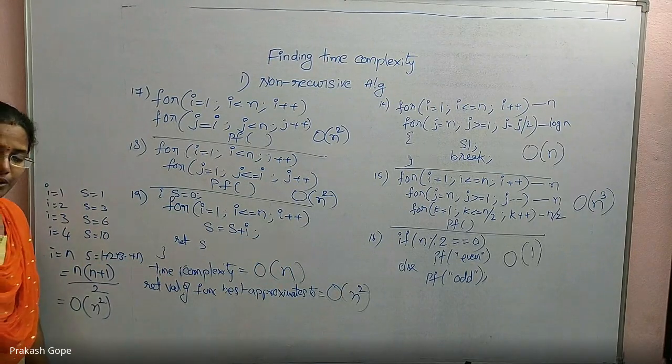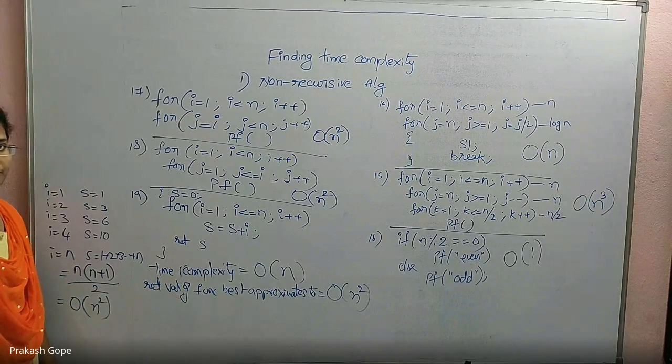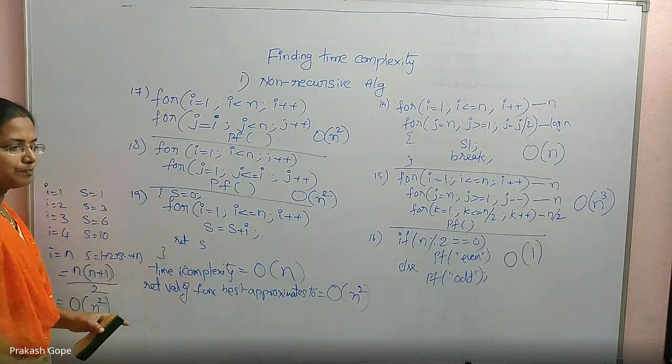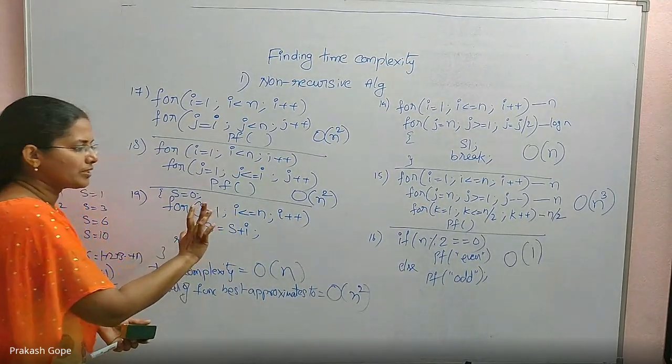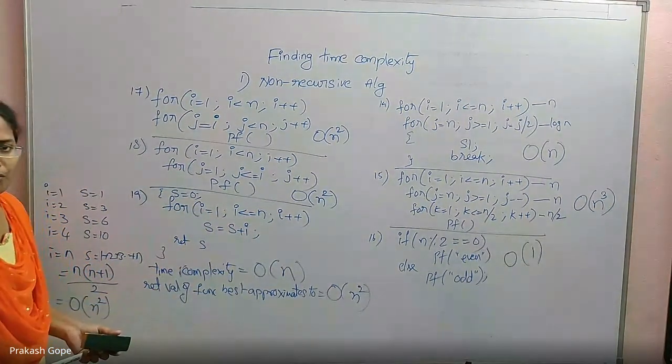When you read the question, please read it carefully. Are they talking about time complexity or the return value? If it is about the return value, what gets added matters. If they are just talking about time complexity, how many times the loop gets executed is what is important. Whether it is an addition or a printf doesn't matter for us.